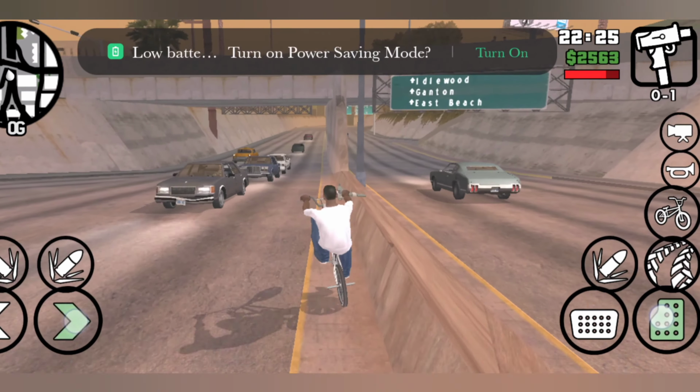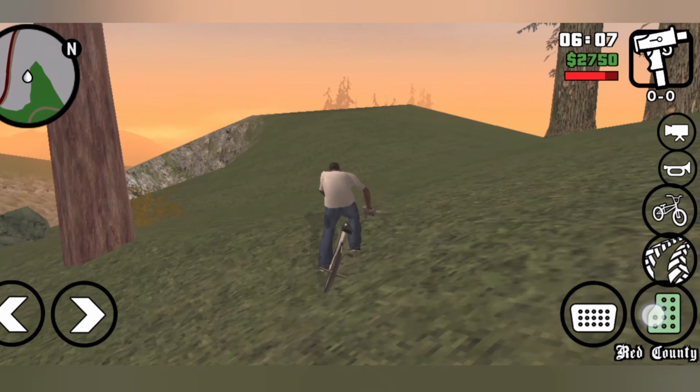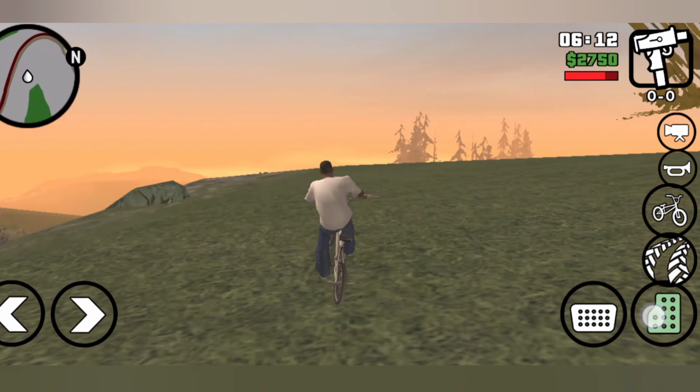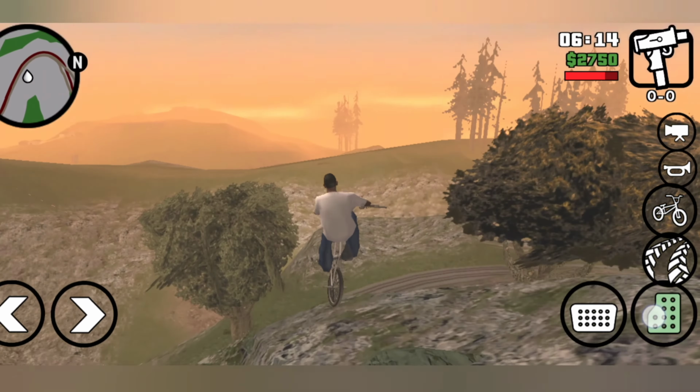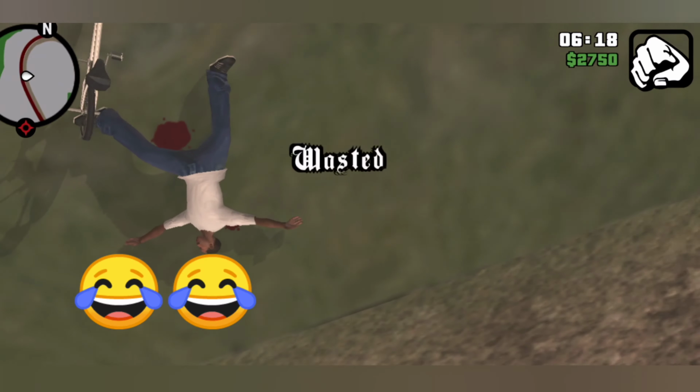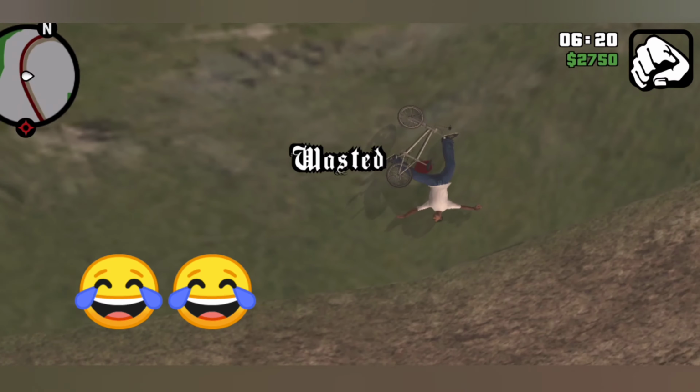For installing GTA San Andreas, you just need an application called Happy Mod. If you don't know what Happy Mod is, in simple words, it's a kind of Play Store where you get everything for free. It's a really big game, so I'll tell you the right way to download this. So let's get started.